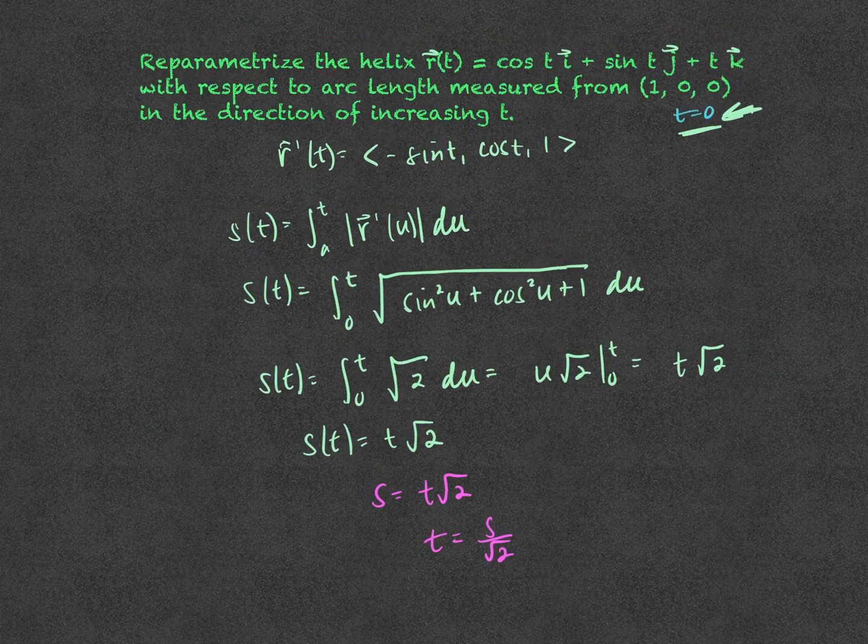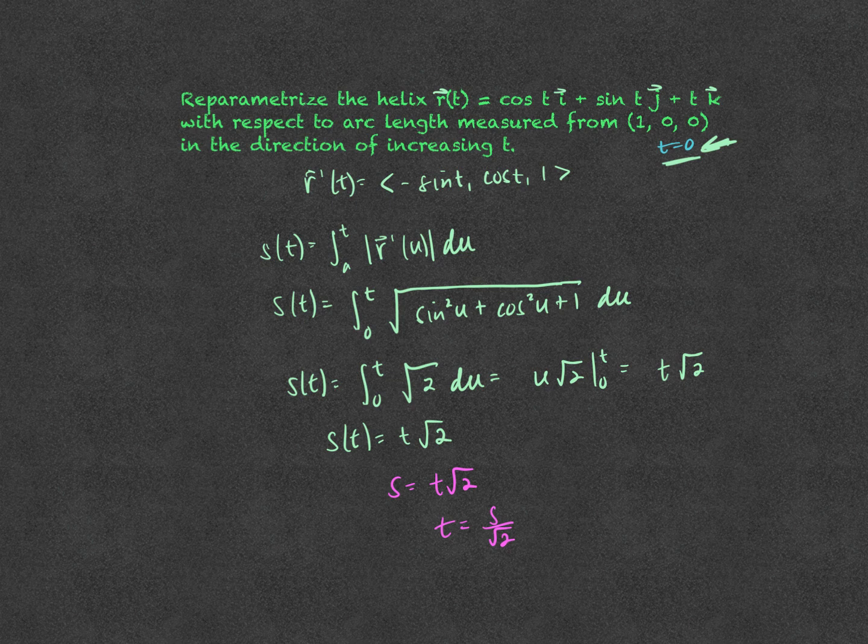Let me bring it back onto the screen because I think it might be gone. So we're going to go back to our original r, and it's going to be in terms of the arc length that we're looking at. So instead of r of t, it's going to be r of t of s. Let's go over here. We're going to say r of t of s equals